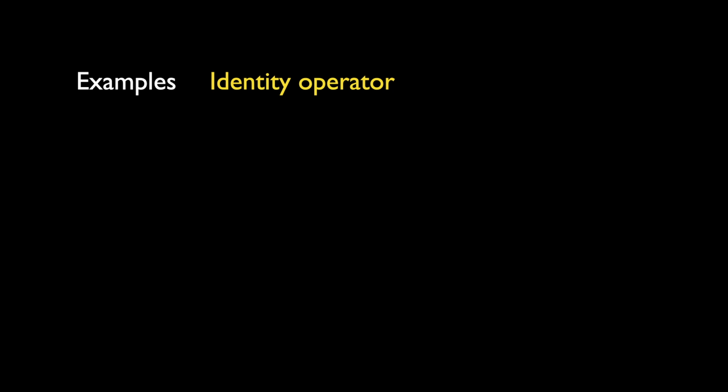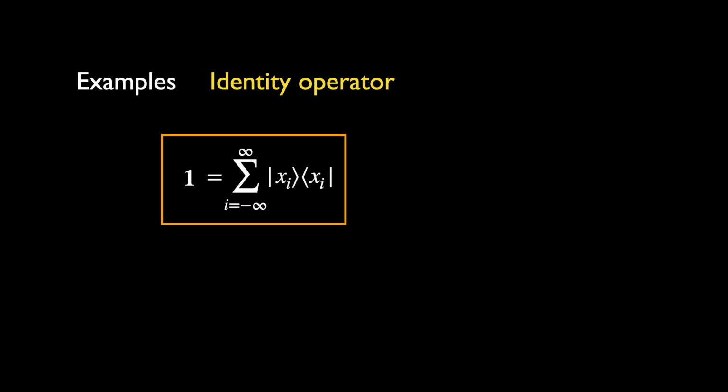For the discrete case, the ket-bra representation of the identity operator is given by the following, where we have chosen the discrete position states as a basis. Recall that this is the generic form we have derived in the last video, in which the sum runs over the entire basis. This representation of the identity is adequate for the discrete degrees of freedom, but unsuitable for continuous states. A more suitable representation would be this,